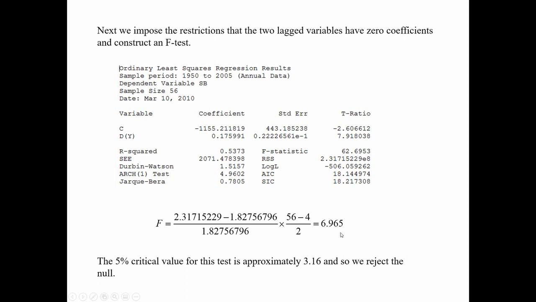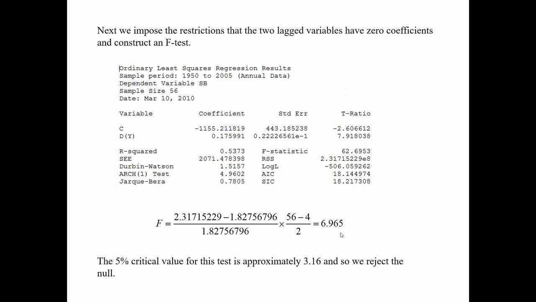The 5% critical value for an F-test of 2 restrictions and 52 degrees of freedom would be 3.16. So actually in this case we reject the null hypothesis. We've imposed those 2 restrictions, but if we do an F-test of them, then we can't accept that those 2